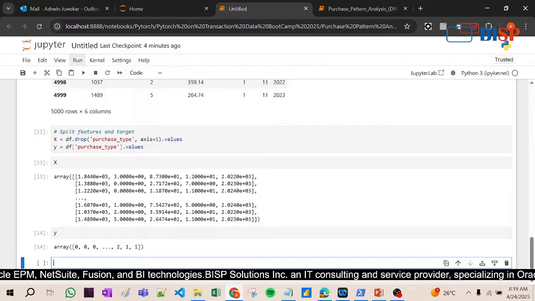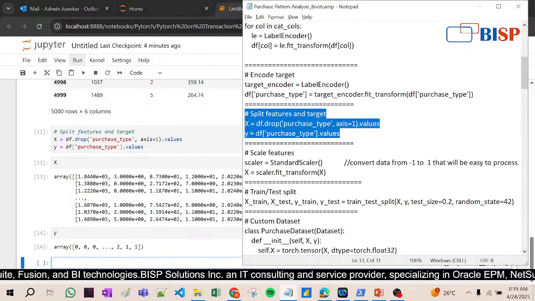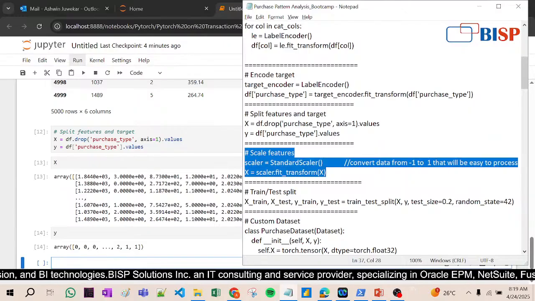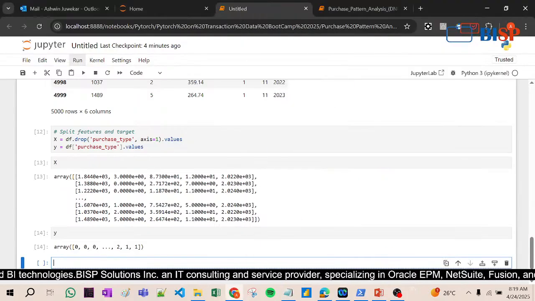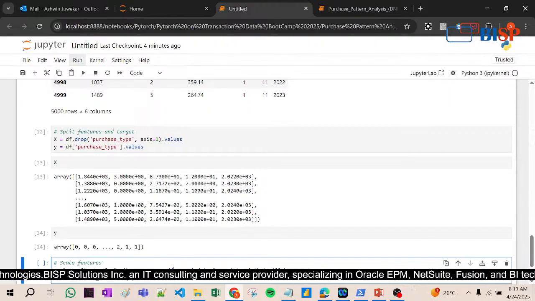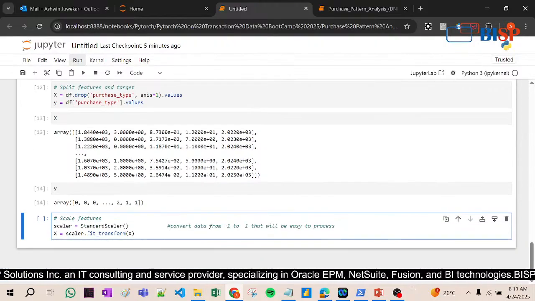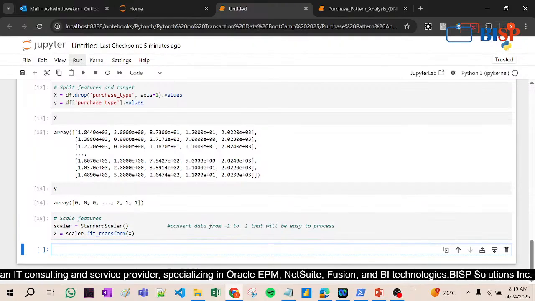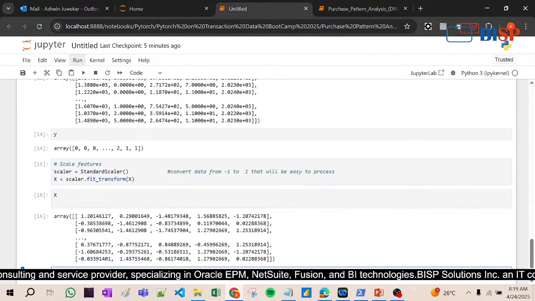okay. Now what we have done here, scale, look at this, scaler equal to standard scaler, X equal to scaler fit transform, right? So if I make it like this, look at this, standard scaler converts the values from -1 to 1, that will be easy for the processing, right?